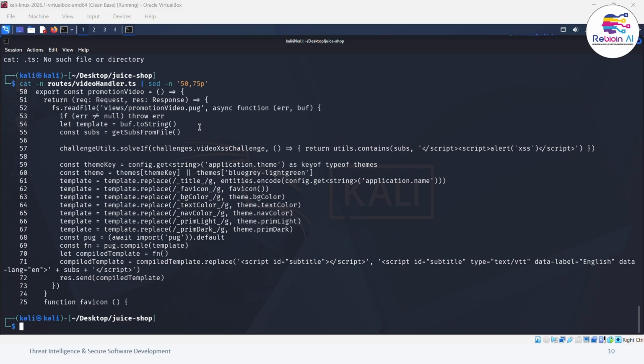Yeah, so you can see, now this is subtitled text from user input inserted directly inside a script tag without being sanitized. If an attacker crafts subtitle content containing their own JavaScript, that script would run in another user's browser. That's cross-site scripting, one of the most common vulnerabilities on the OWASP list. Okay, now,